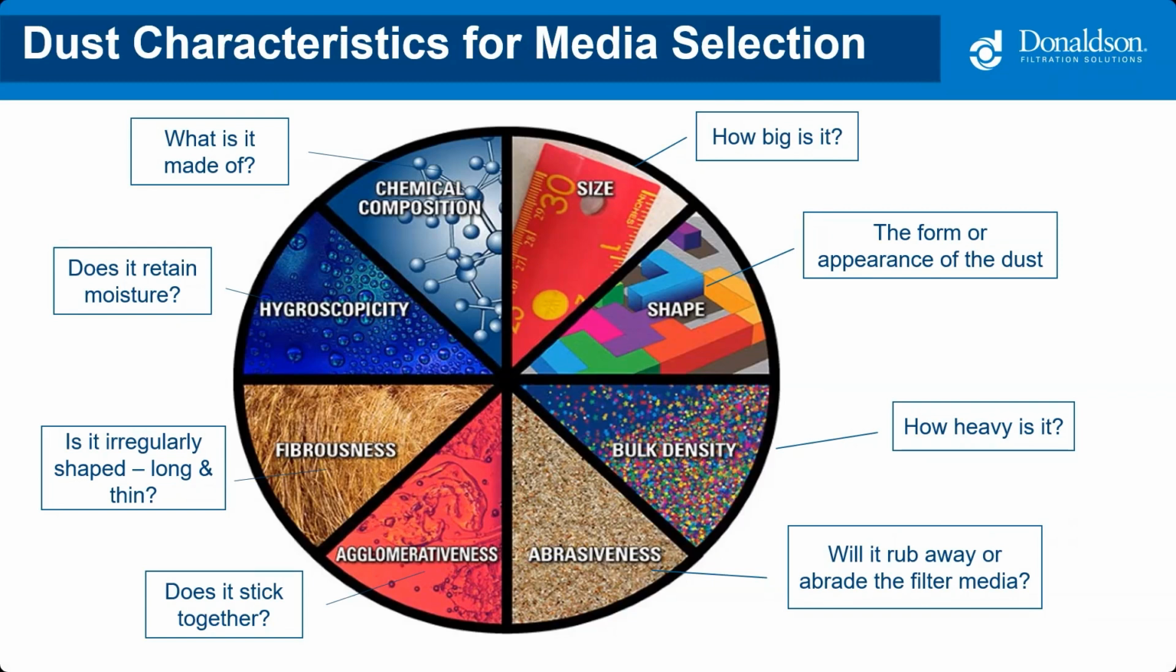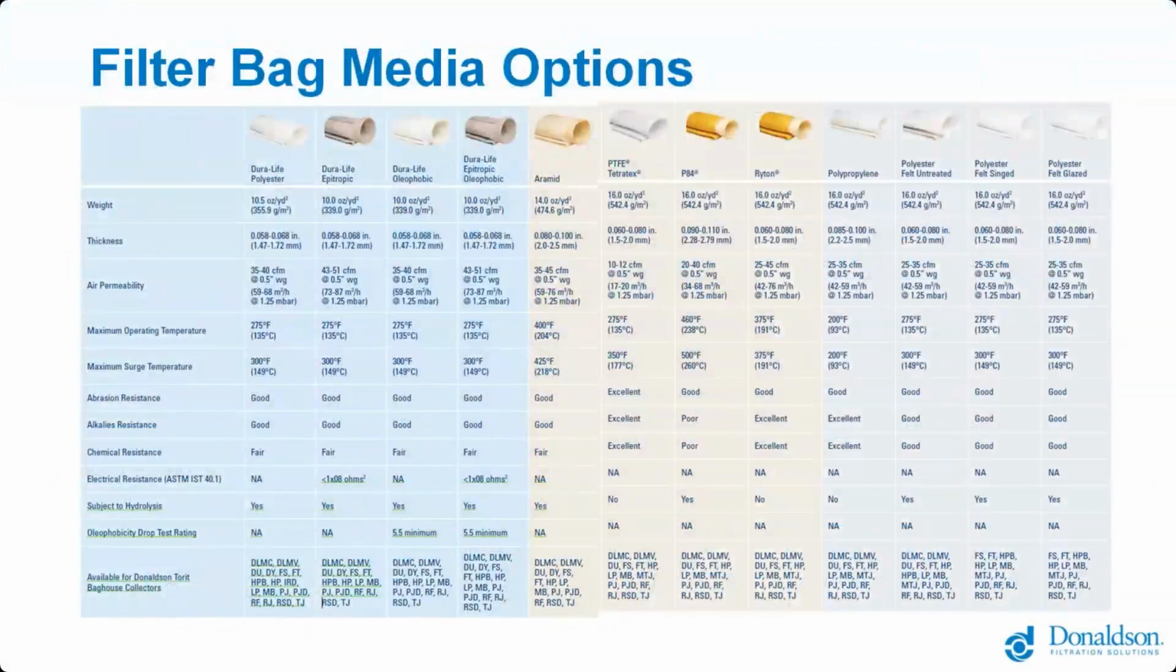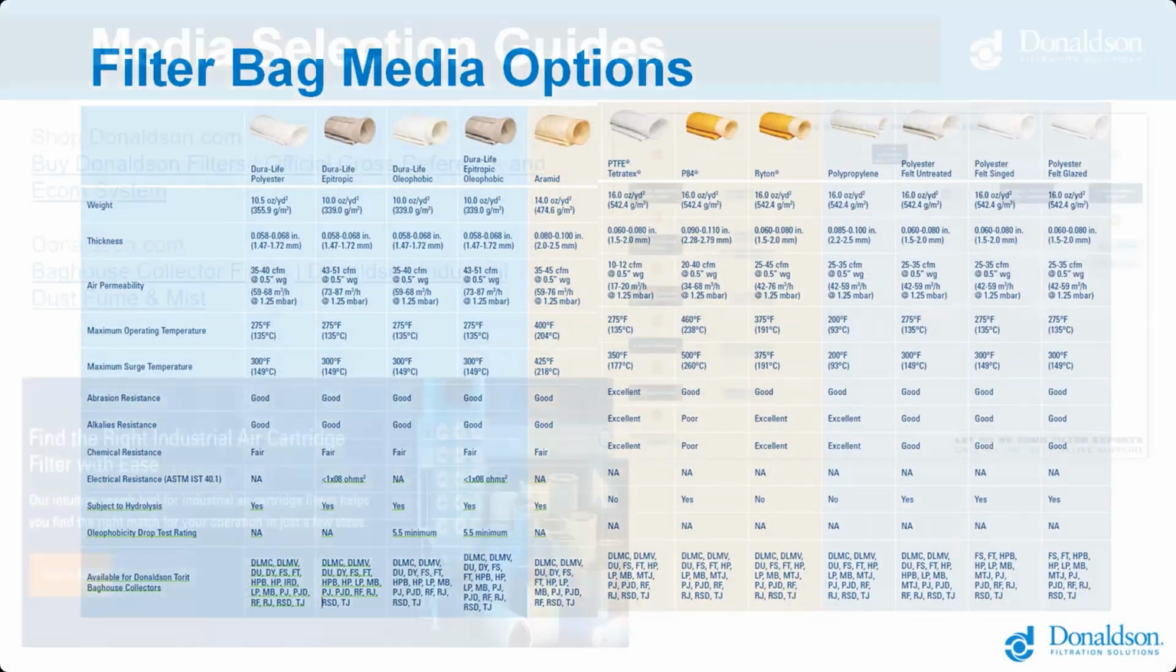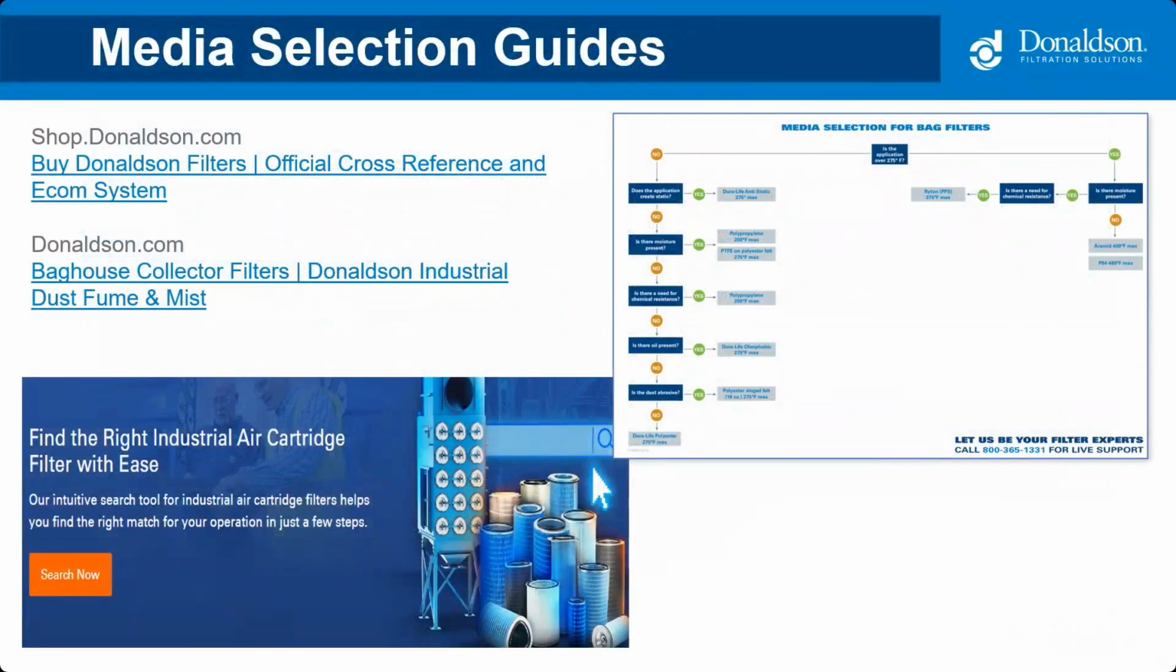And so once you really know everything you need to know about the dust and the gas stream, you can just go ahead and take a look at this easy to read chart, right? And we're talking about all the different medias available, P84, polypropylene, polyester, it's all out there, right? Or another really easy way to make sure that you're picking the right media is to go to shopdonaldson.com or donaldson.com, and we have a media selection